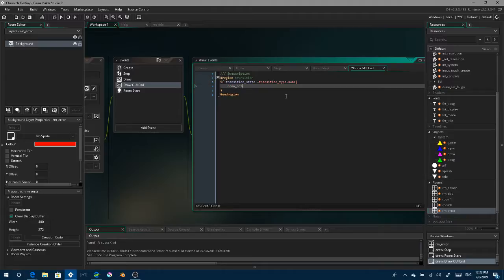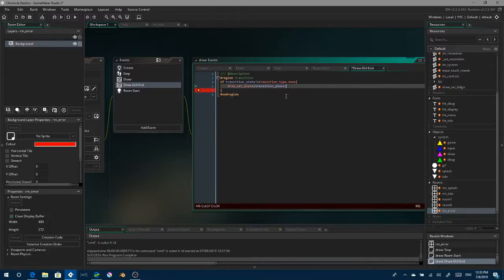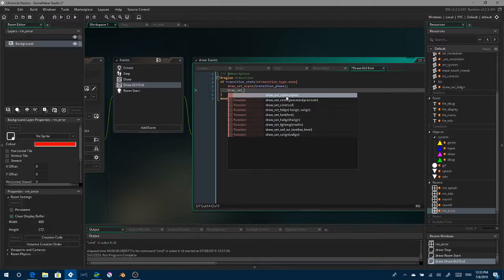Draw set alpha transition phase, draw set color